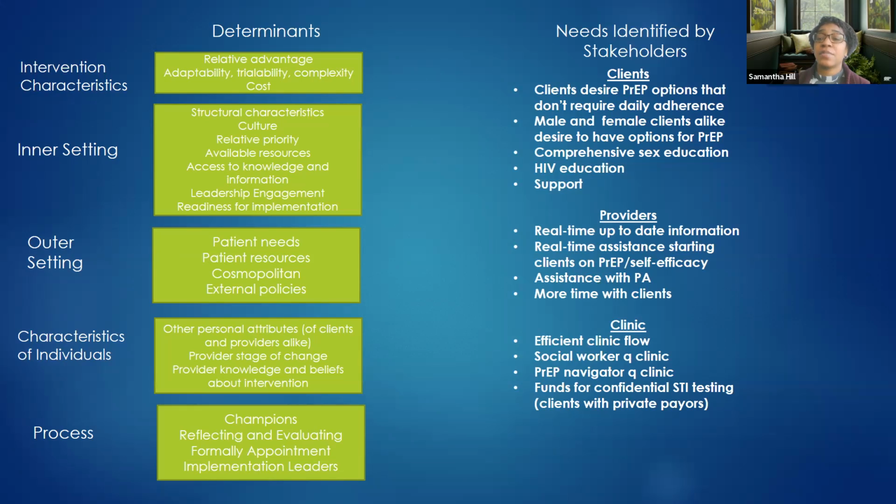And then the other thing that's been a big concern, I put it under clinic, but it's really been a concern among the clients, the providers, and additional staff and team members, is really having a way to actually do confidential STI testing for our young people that happen to be receiving insurance through private payers, and who may or may not have parents that understand their desire to get STI testing, let alone beyond something like PrEP. And so figuring out how to get that done